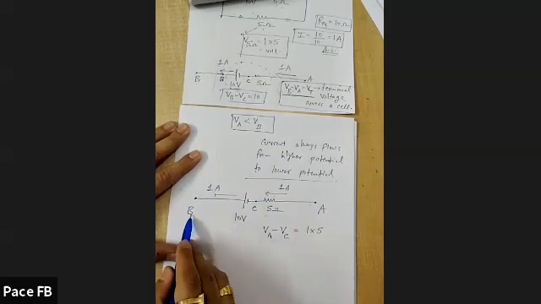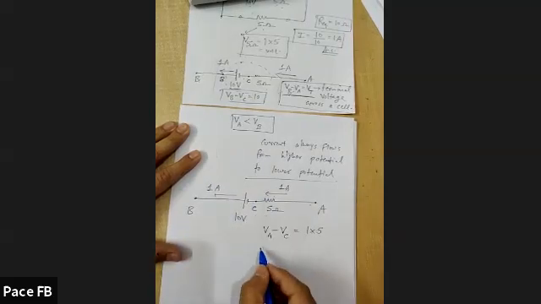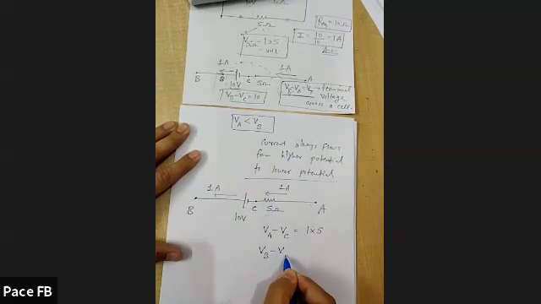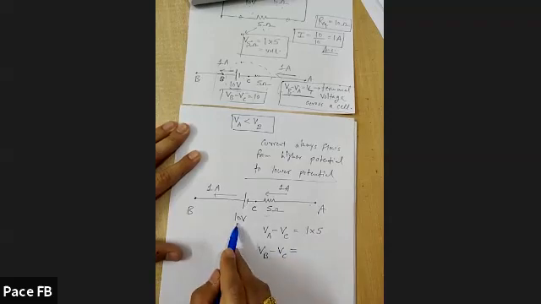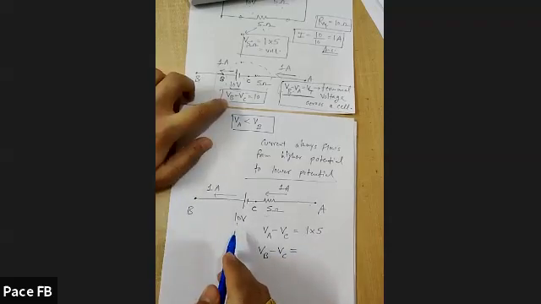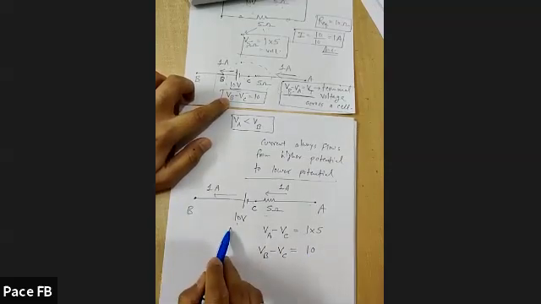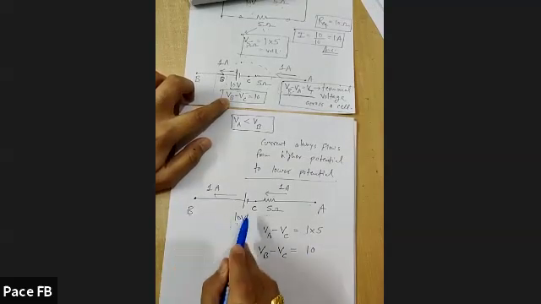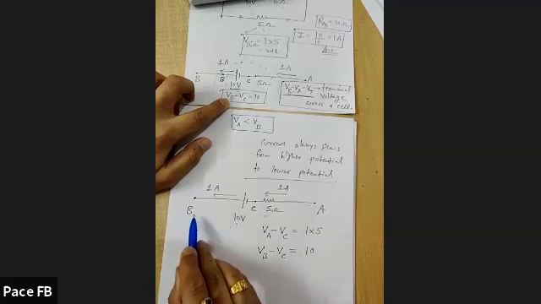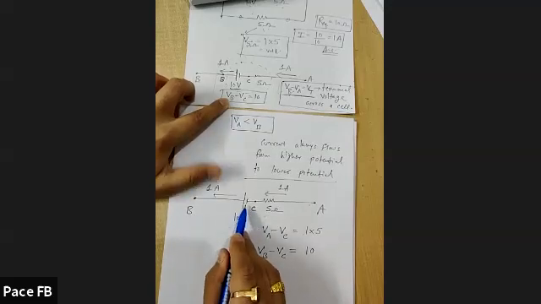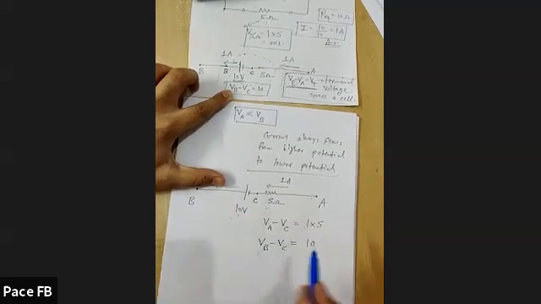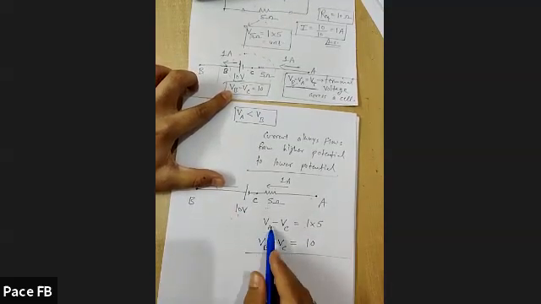Now this B and C I know. Do we know VB minus VC? Correct, because EMF is 10 volt and 10 volt is equal to VB minus VC. This would be 10 volt. This EMF is giving me potential difference between B and C. B is at higher potential because it is connected with positive terminal. C is at lower potential because it is connected with negative terminal. Okay, what we want to find out? We want to find out VB minus VA.